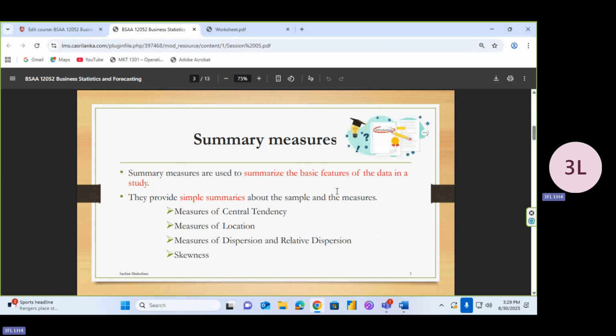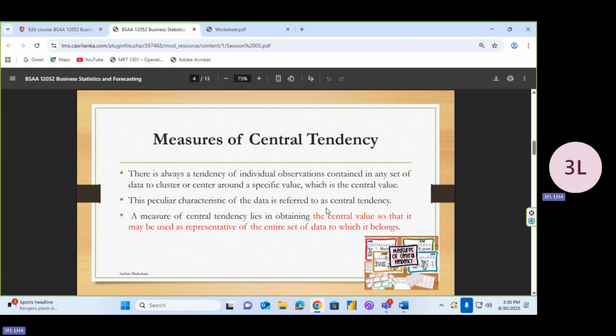Summary measures. Okay. Then these are the main 4 types of summary measures, not just 4, there are more than 4 summary measures. Initially measures of central tendency, then measures of location, measures of dispersion, skewness, kurtosis. Okay. Mainly 5 parts are there. Okay. Then today we move into measures of central tendency. The important thing is,